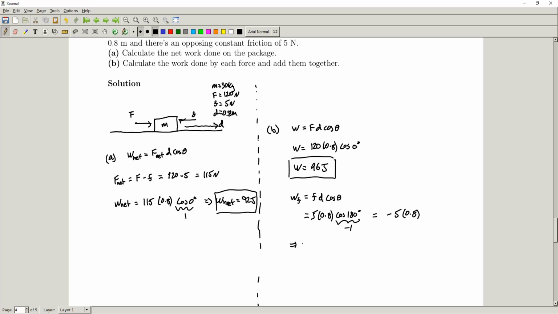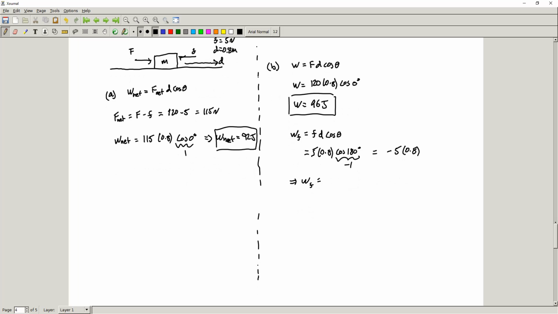And so we find that the work done by the force of friction here is a negative amount of work. And that's fine. We expect that here. We're going to find that that's minus 4 joules of work done by the force of friction here. If we add these up,